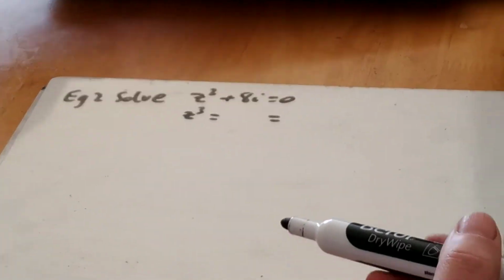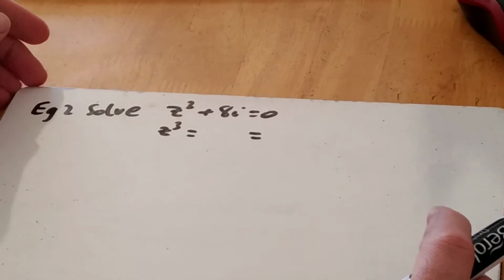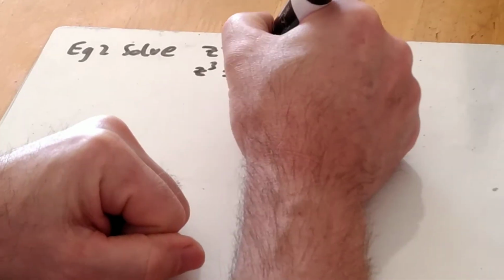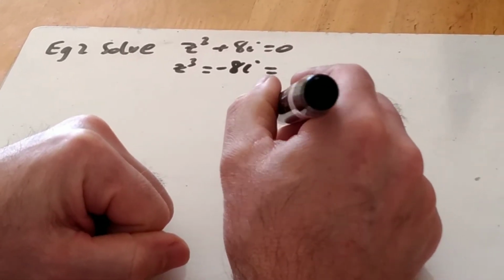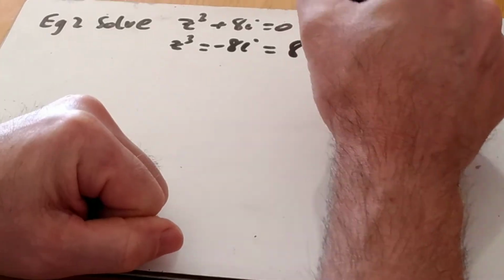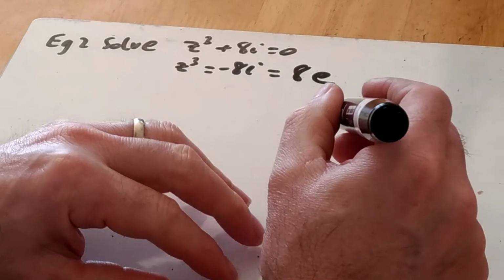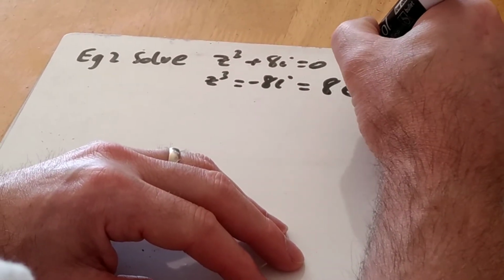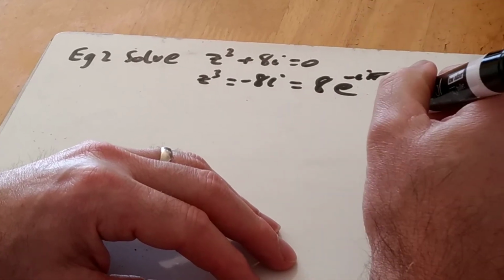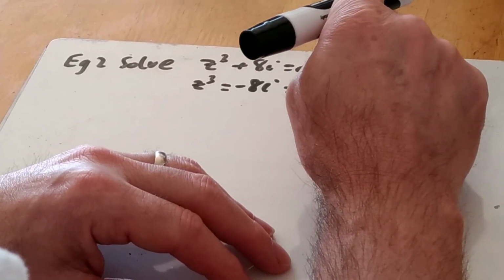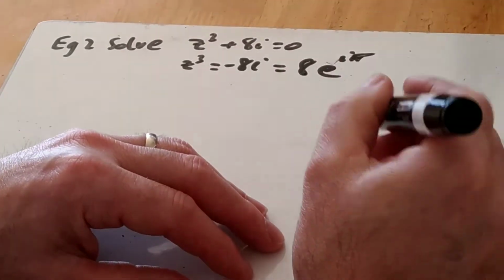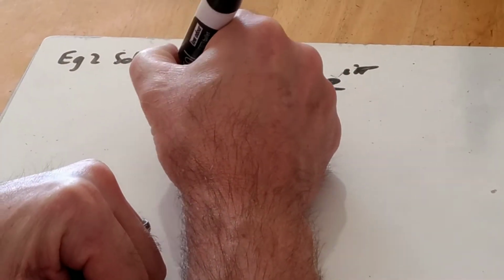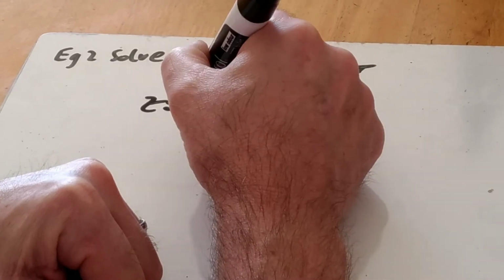Second example, solve z cubed plus 8i equals 0, so we're going to find the cube root. Rewrite it as z cubed equals minus 8i. And as before, turn it into modulus and argument form, 8 e to the minus i pi over 2, so minus pi over 2 radians like that. So z then is the cube root of that, cube root of 8, 2,